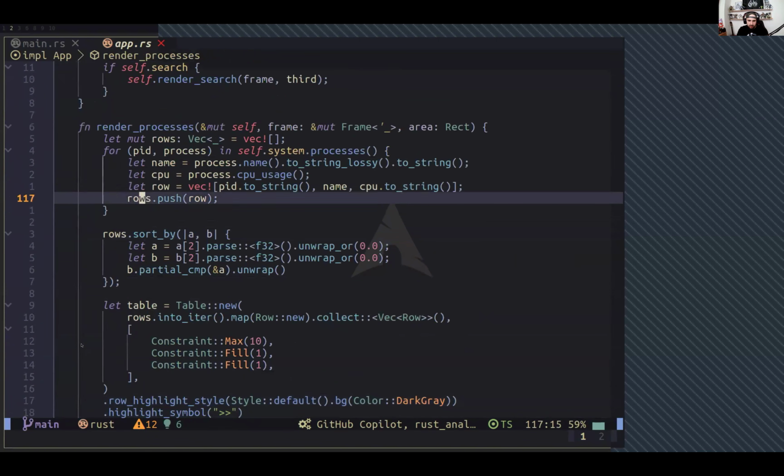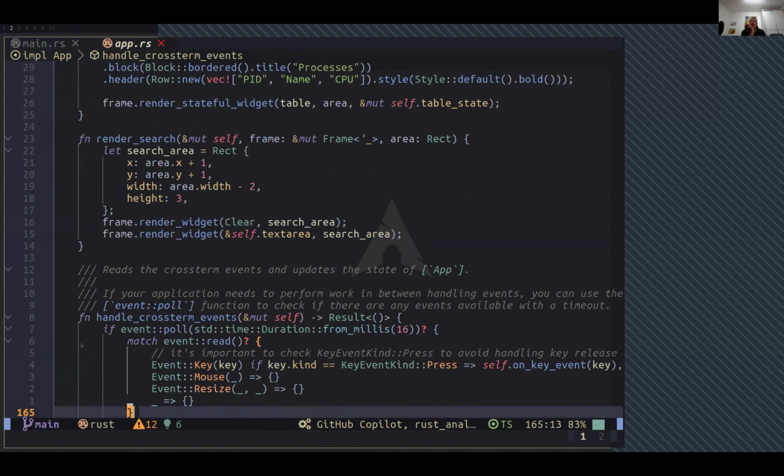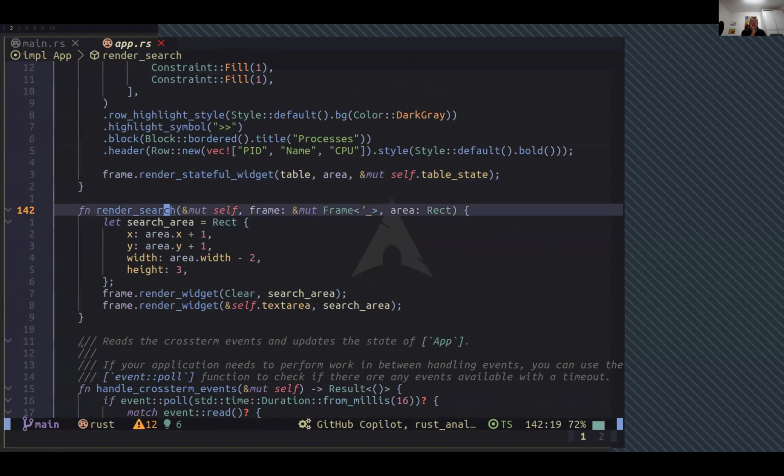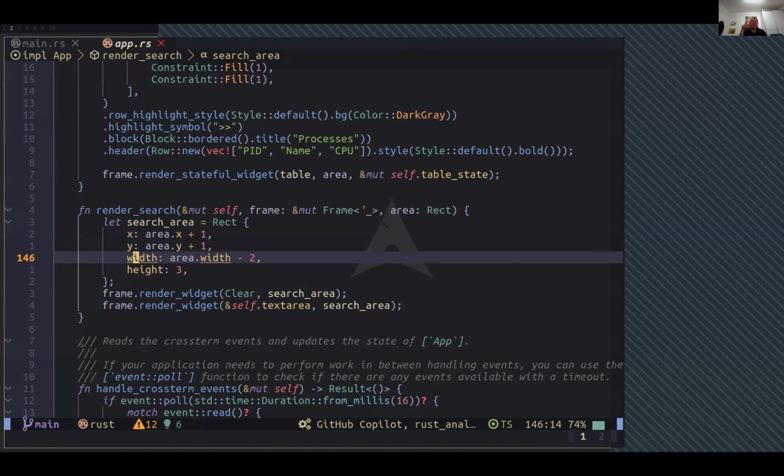And to filter the values, how did you do some things? Can you show me the code where you put it in the top part of the lower frame? That's the X and the Y. So X is basically saying to push the area one line further for X and Y. So it's like one line right and one line down. So it's just like pushing it to the center a bit. And width is just the complete area, minus 2, because we have two borders. And the area is the lower